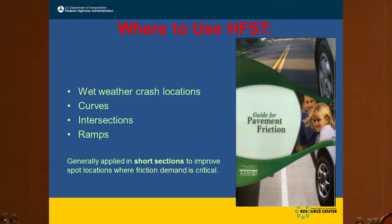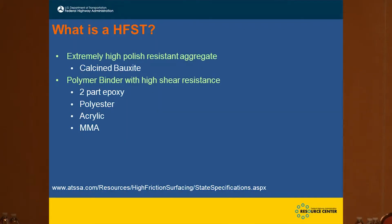All right, so what is high friction surface treatment? The definition of high friction surface treatment right now we have at Federal Highway Administration is highly dependent on the aggregate, and it is the calcined bauxite, which is a manufactured aggregate. That's the only aggregate that currently we believe meets the definition of high friction. We've tried many other types of aggregate, but the calcined bauxite provides an extremely high level of friction, and it maintains that high level over the life of the surface treatment